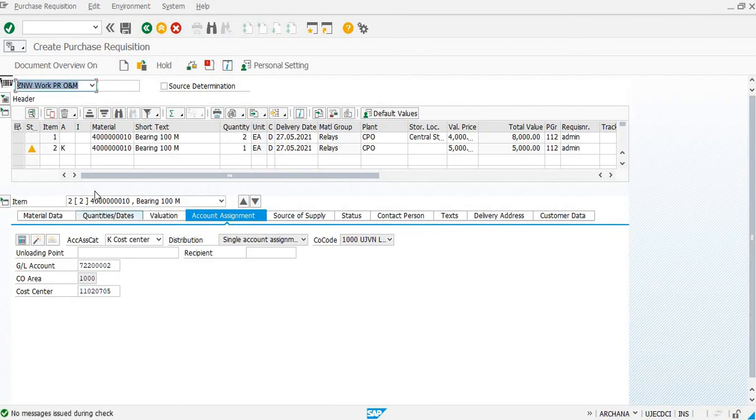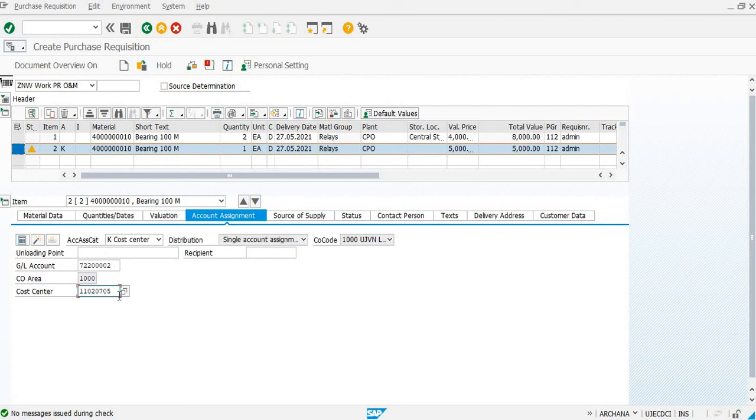So 2 line items of PR have been created. First one where the item will be directly procured to the store, and the second case where the item procured will be assumed to be consumed at the cost center. Since we have entered K in column A for the second line item, the system automatically asked for the cost center where the item will be consumed.